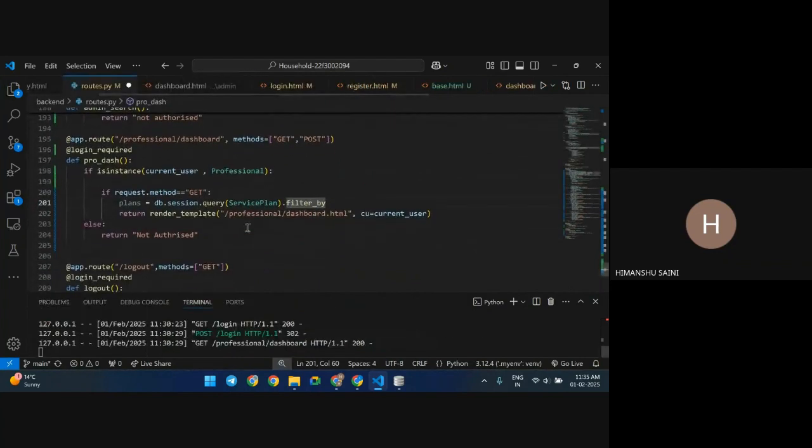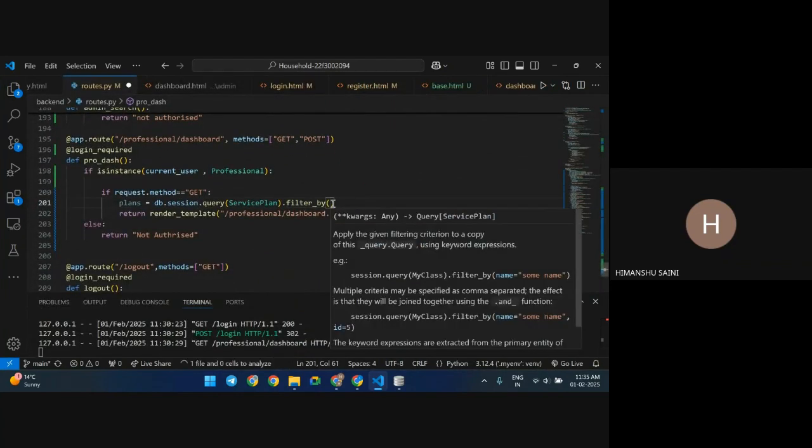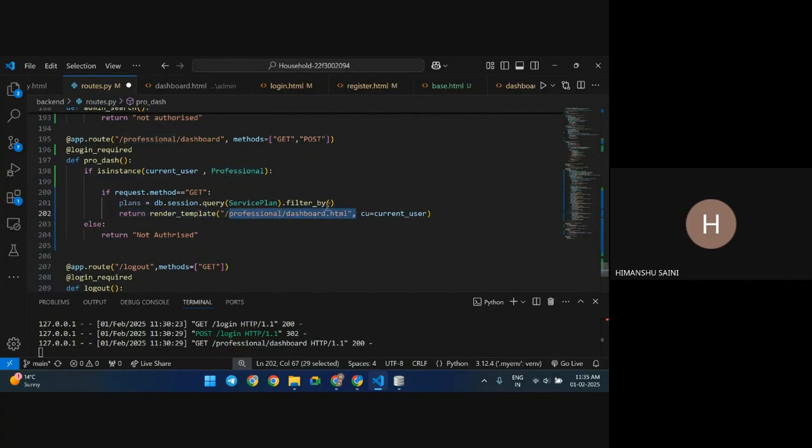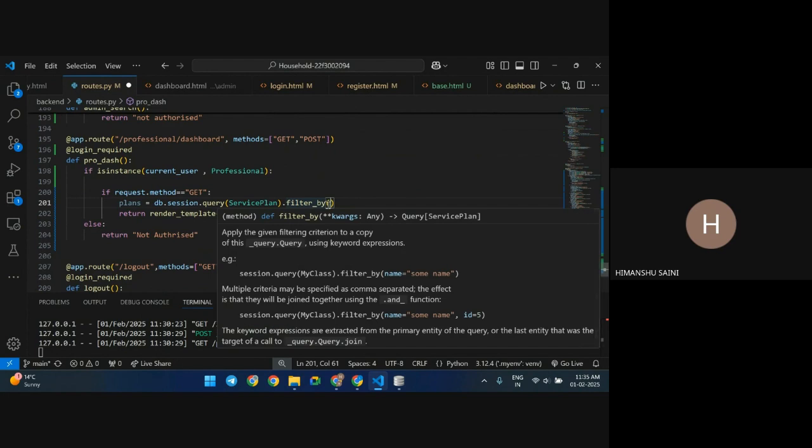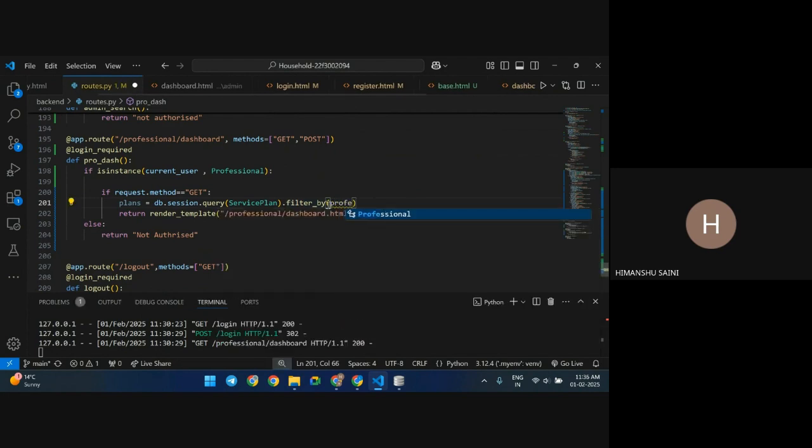So I'll filter by. Now I have to filter my plans. I don't want to filter all the plans. I want to filter my plans because I'm going to my dedicated dashboard. So who am I? I'm a current user, right? I have logged in, user current user. And there is this professional